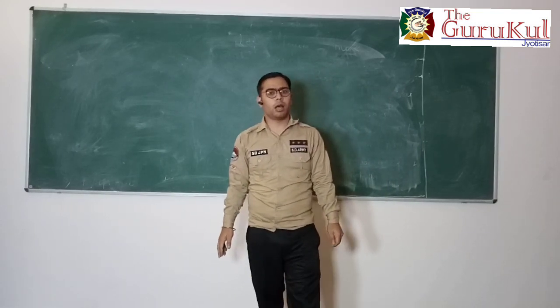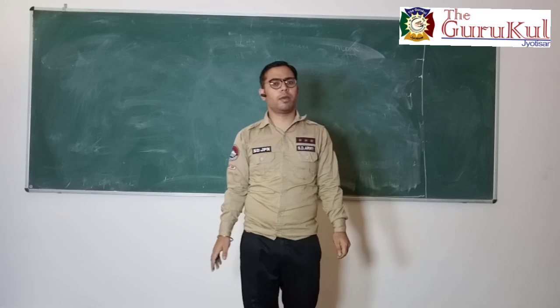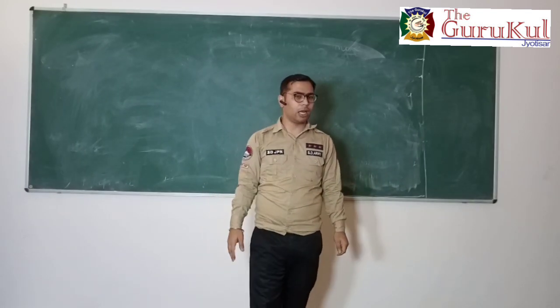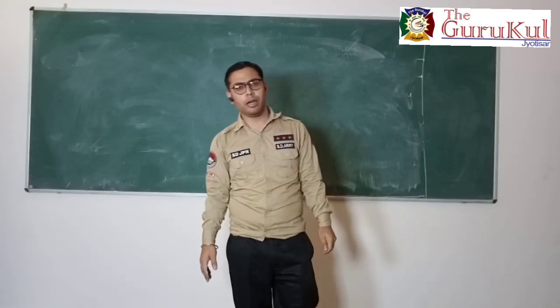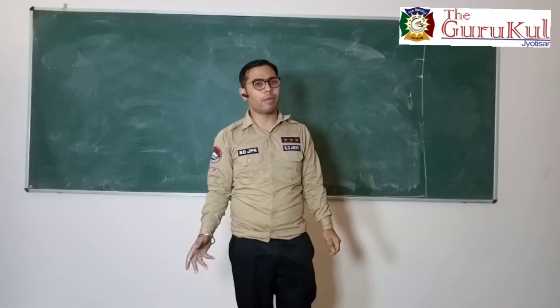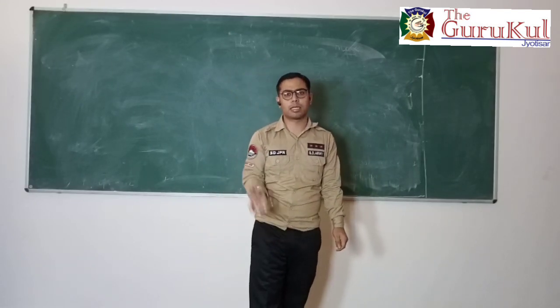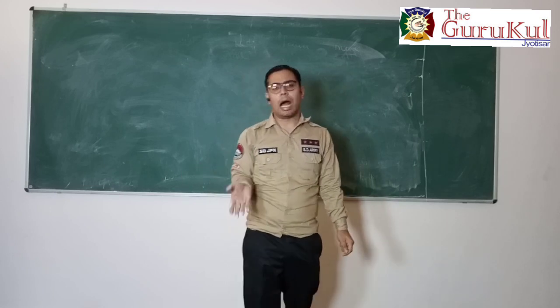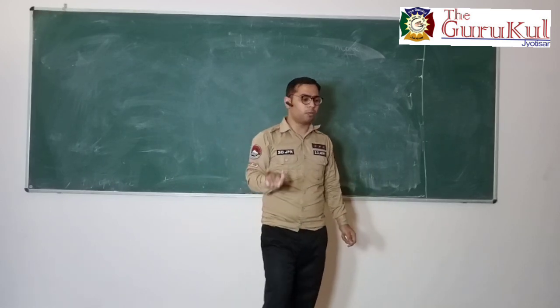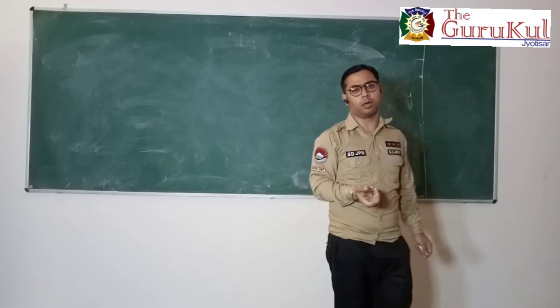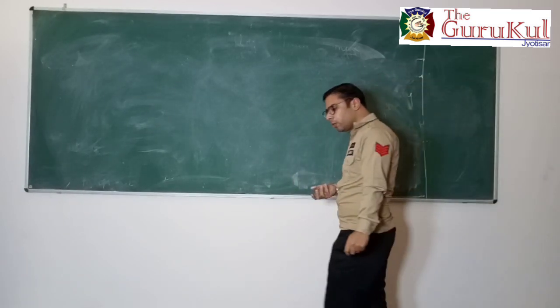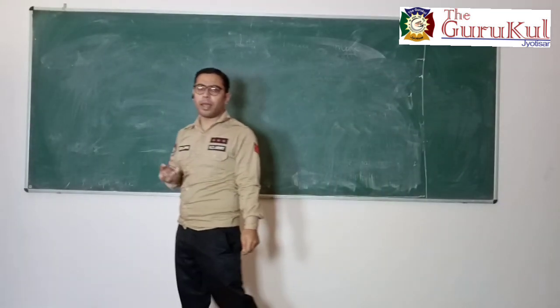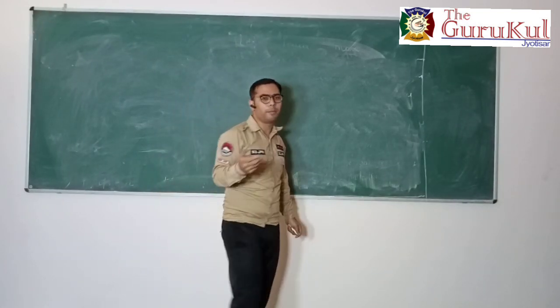So, today I'm going to summarize whatever we have studied in our last lecture. In our last lecture, we studied about magnets. What is a magnet? A material or substance which attracts iron, nickel and cobalt. After that, we studied how the magnet was discovered. I told you, the magnet was discovered by a Greek shepherd named Magnus.